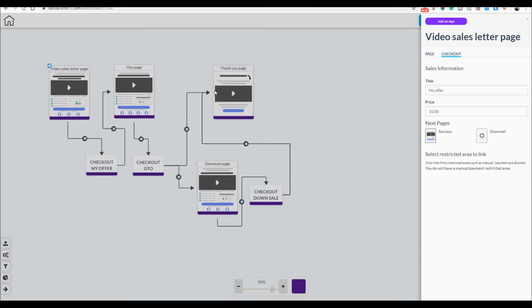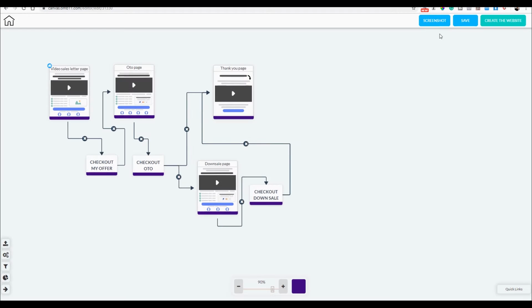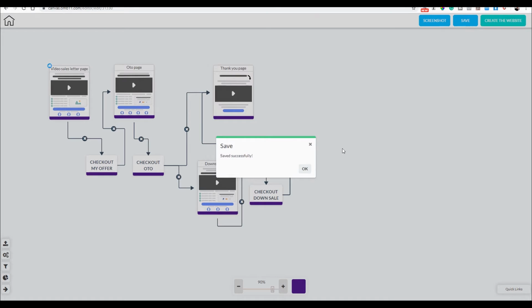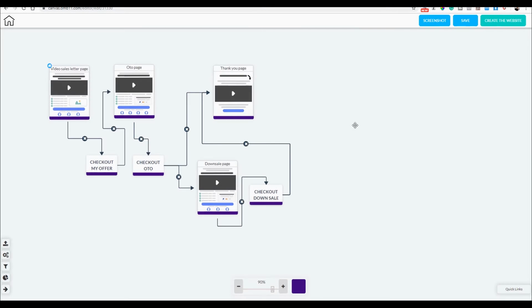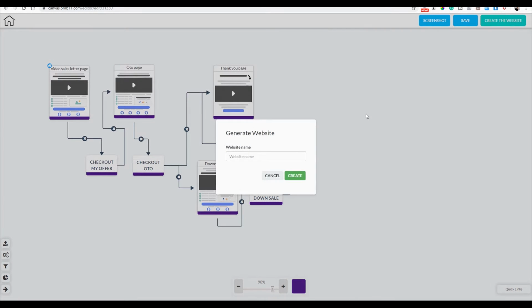If they say no to the OTO, they will be presented with a downsell. And finally, they reach the thank you page again. Okay, now I save my work and generate a whole funnel. Once done, I can continue editing the pages in the Pixel Perfect Builder.